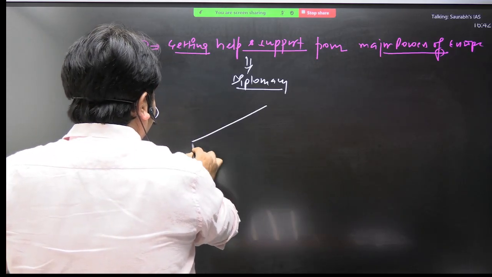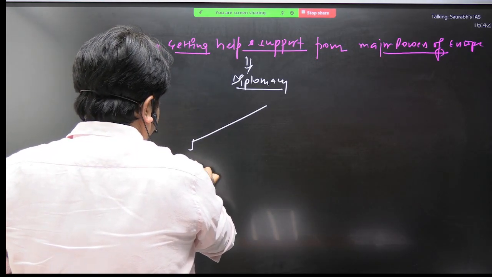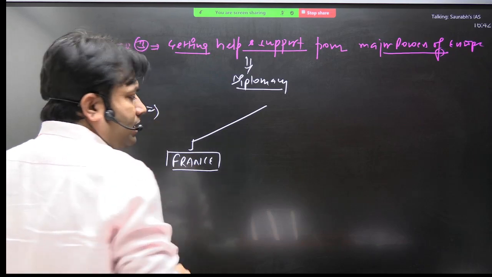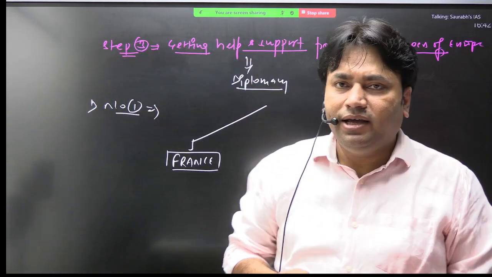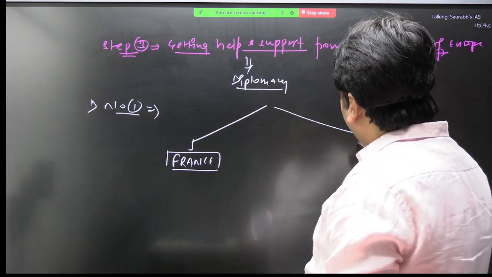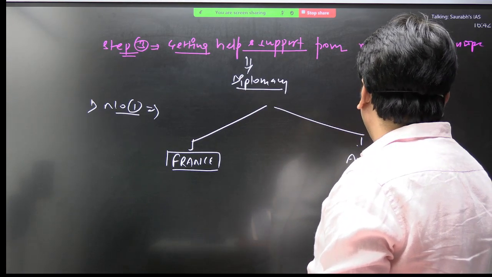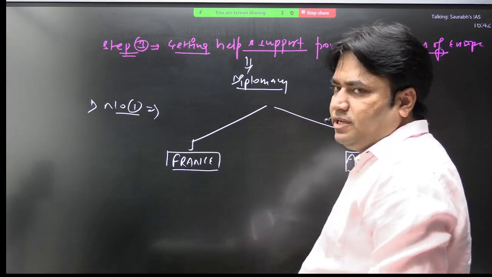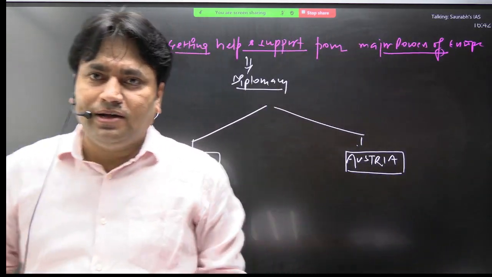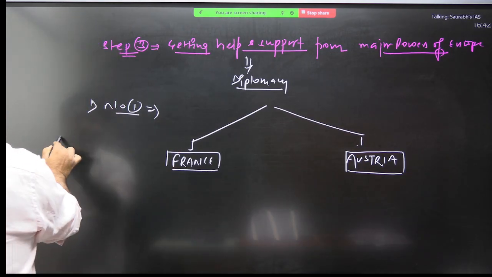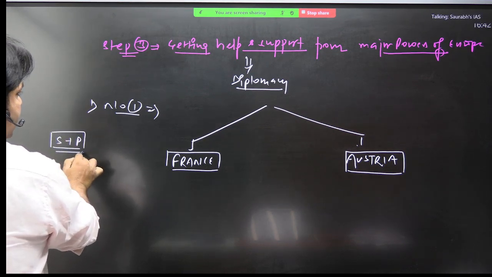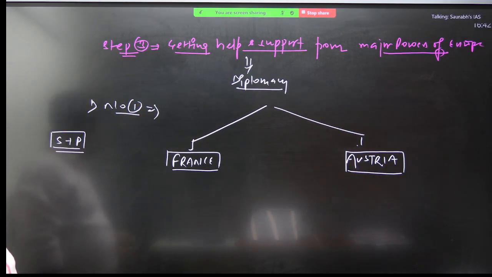On one side there is a country that is France. France was a powerful country of Europe. मेरी बात समझ गया? And on the other side there was a country. The name of the country is Austria. दूसरी तरफ कौन है? ऑस्ट्रिया. देखो बहुत आसान है डिप्लोमेसी को समझना. ठीक है, ऑस्ट्रिया. यहाँ पे डिप्लोमेसी कौन स्टेट कर रहा है? सार्डिनिया पीडमोंट. Why is it doing diplomacy? To complete the task of unification of Italy.